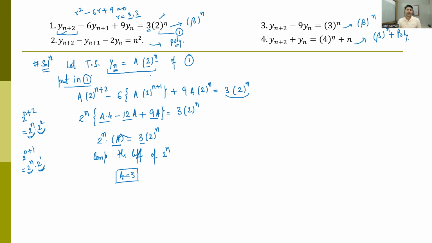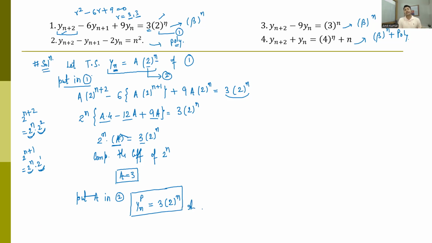Now what should I do? I am supposed to put it in equation number 2 for the final particular solution. Put a in equation number 2. So now I will not write it as yn, I will write it as ynp, the particular solution of the given equation. In place of a, it is 3. So 3 into 2 power n. And this is the final particular solution for the given